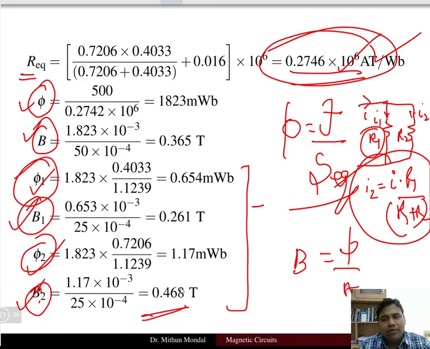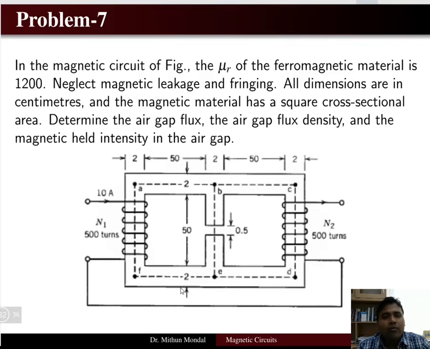In this way you have to solve this problem one by one, and then decide from the magnetic circuit given to you how you can find the flux in each part of the circuit. If you have been given the relative permeability to be infinite for the core material, then the question becomes a little bit easy. If the core material is given with some permeability, take that into account and then solve the problem. So this was problem number 6.